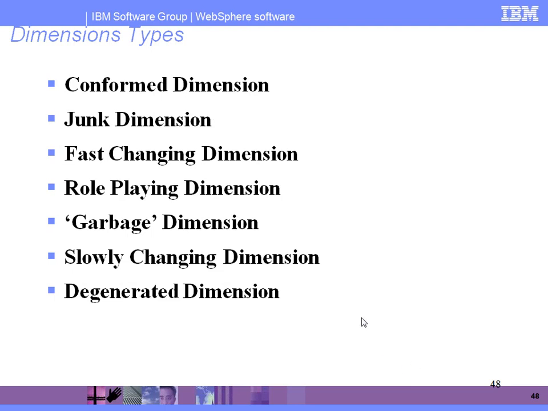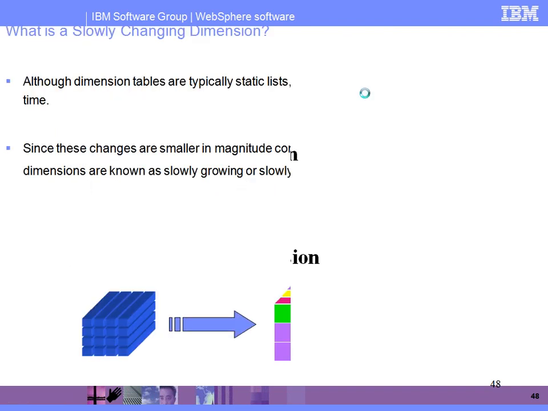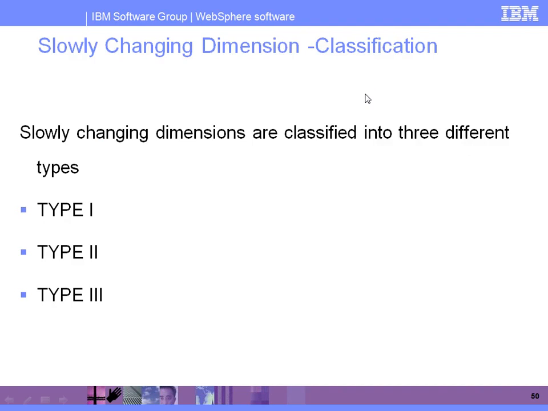Let me give one more example for this slowly changing dimension table, how to implement this SCD in our project. Let me discuss over 1 or 2 minutes about this one, then we'll go for other dimension tables which are there while implementing any warehouse. In these dimension tables, there are multiple types of dimension tables.